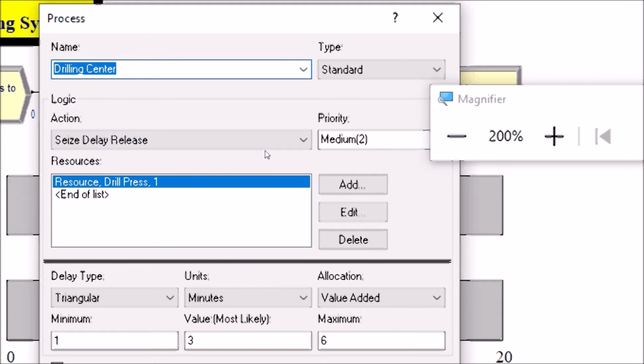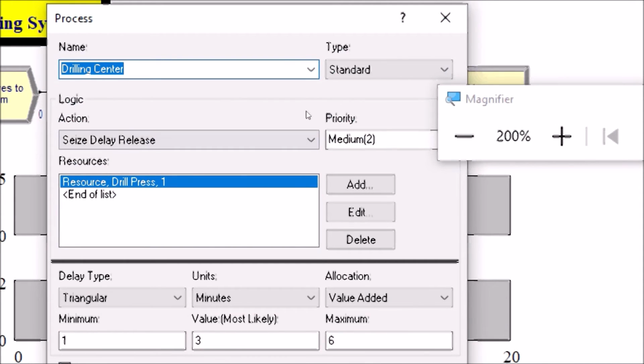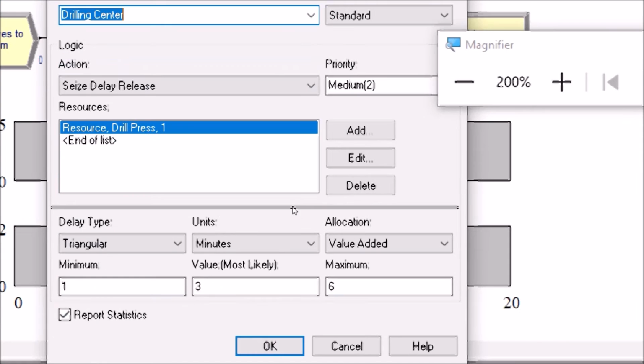Okay, resource is different from the process. The process uses the resource for each service. So whenever a part enters this process module, it will seize the drill press, 1 unit of drill press, and then spend some time. How much? Yeah, according to this delay